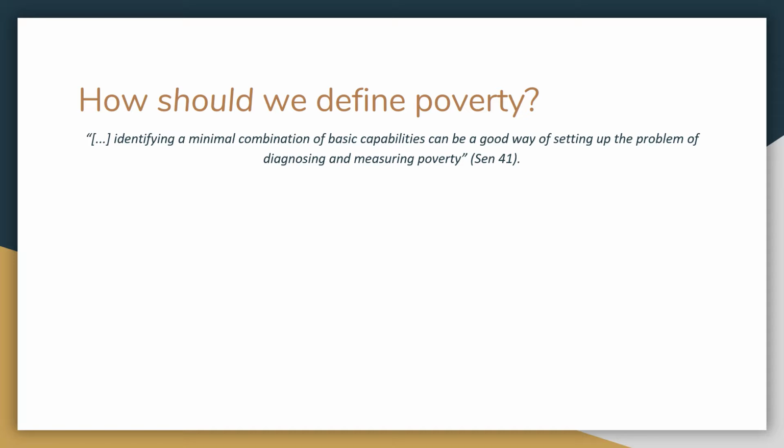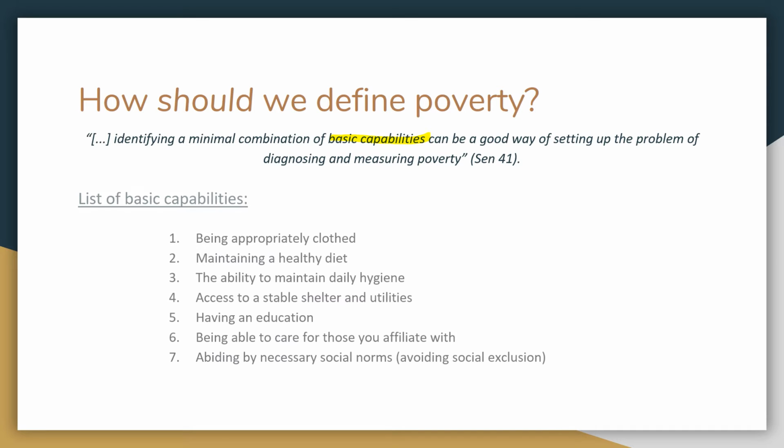Identifying a minimal combination of basic capabilities can be a good way of setting up the problem of diagnosing and measuring poverty. Though Nussbaum created her own list of basic capabilities, we disagree that these capabilities are helpful when measuring poverty. We mentioned earlier how someone may lack one of these capabilities, but still may not be poor. So we decided to create our own list of basic capabilities that are necessary for human dignity and help us define poverty. These are capabilities that we have defined as being basic needs that all people must have in order